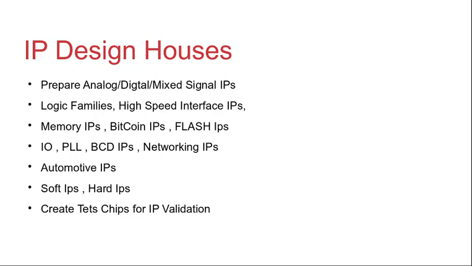These IP design houses also have a unit that usually makes a test chip, where different combinations of their IP, whatever they manufacture, are used to check the functionality at the silicon. So they go up to the silicon also. The silicon is actually made in the fab, but this is done there also.